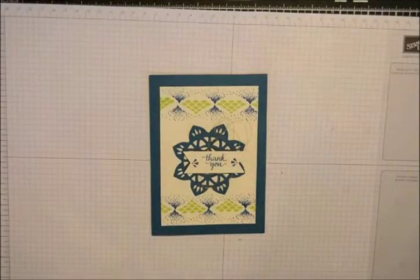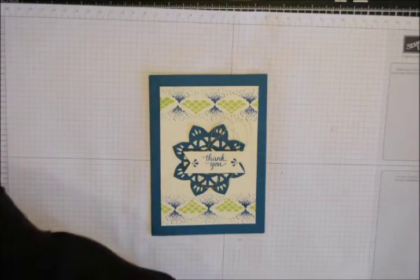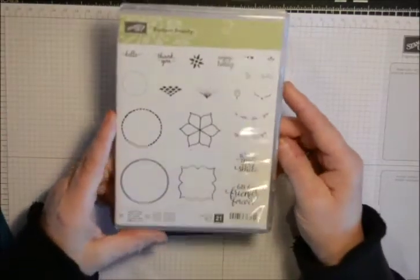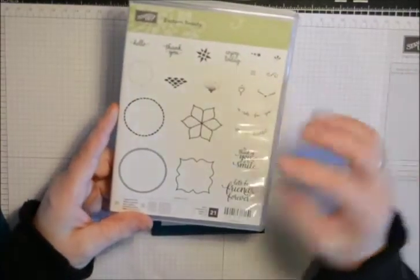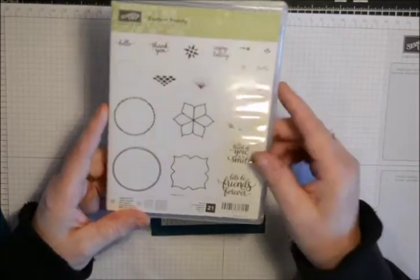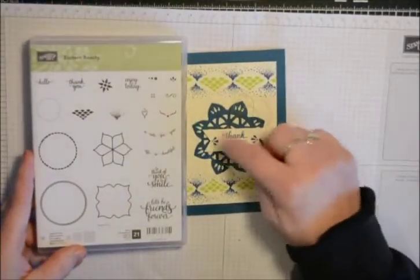Today I'm going to make a beautiful card using the Eastern Palace stamp set and thin lid set. It's a beautiful, absolutely beautiful set. Although it looks quite plain here, it's so versatile, it's unbelievable. So I'm not going to make this,